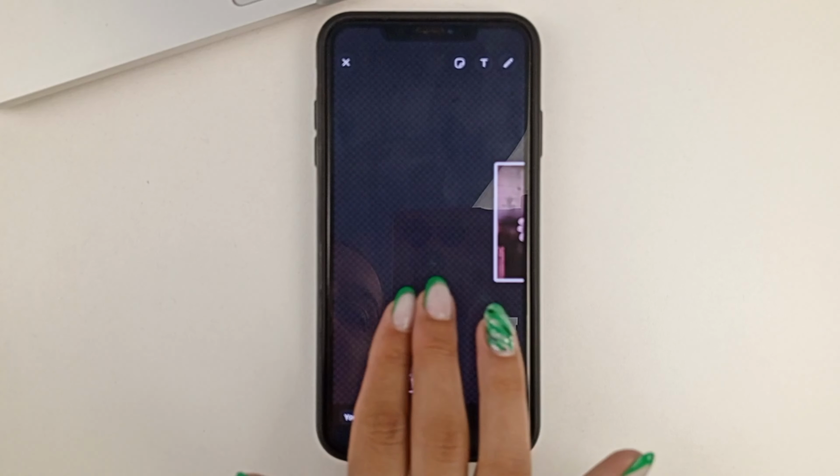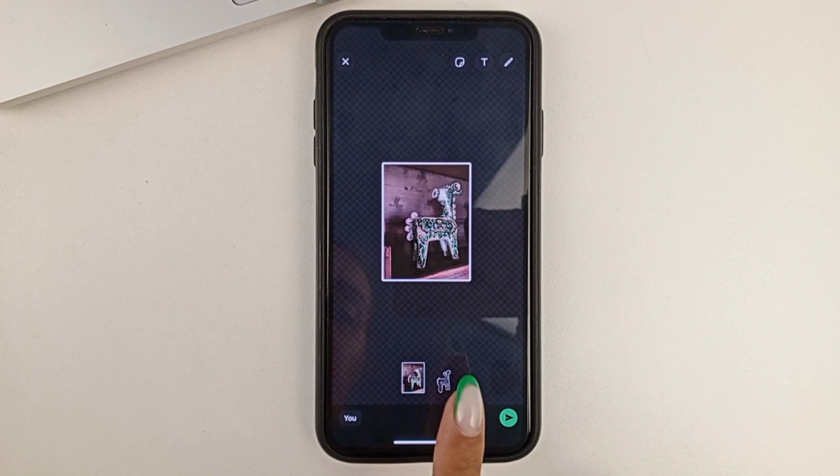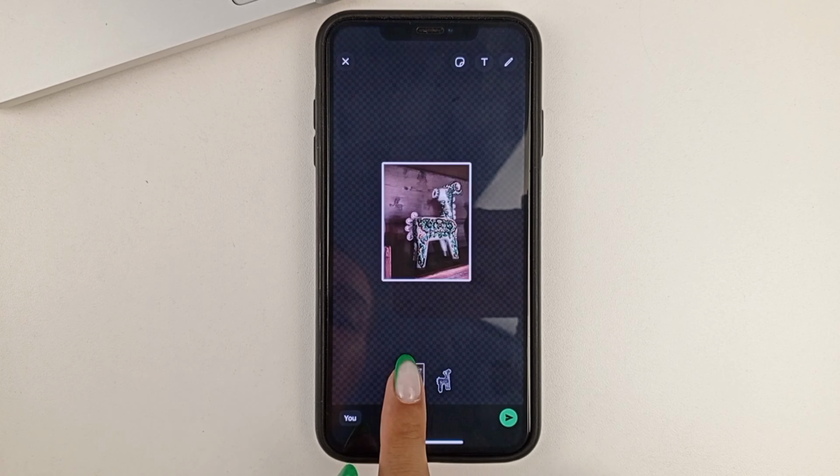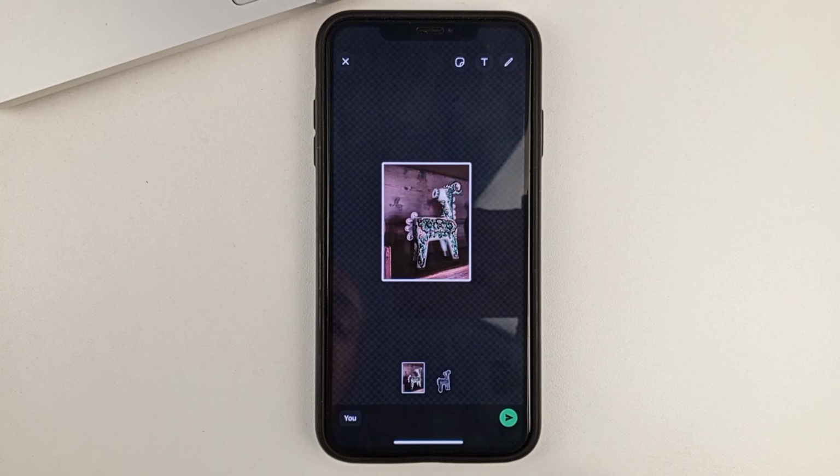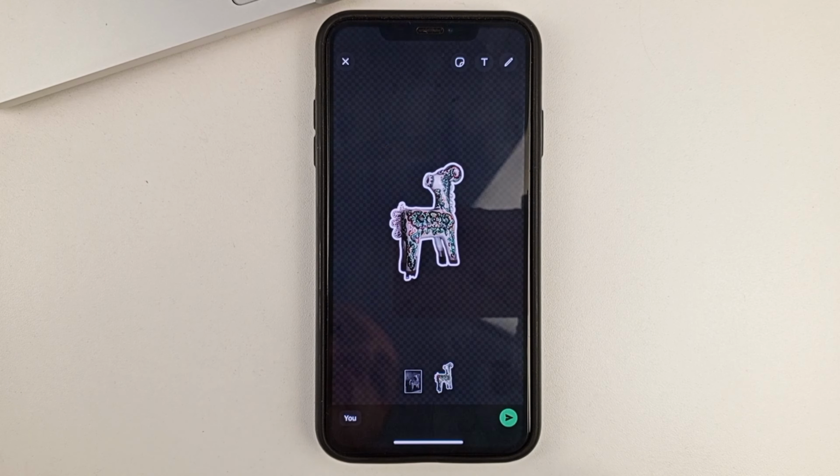And this is where you'll be able to choose which of the two sticker options you want to create. For example, you can create a sticker variant of a full photo, or you can simply cut out an item from it. And after that, when you choose the one that you prefer, click Submit.